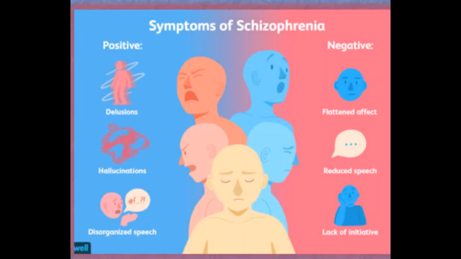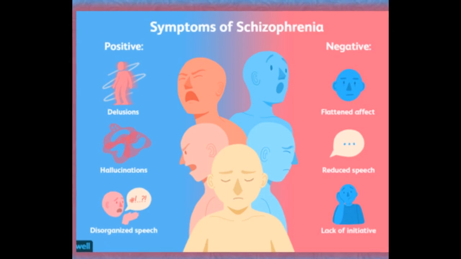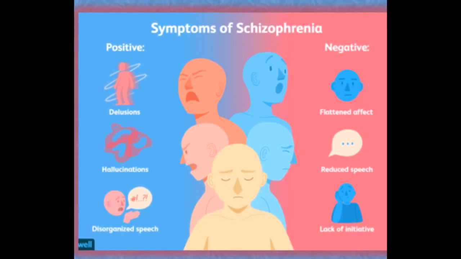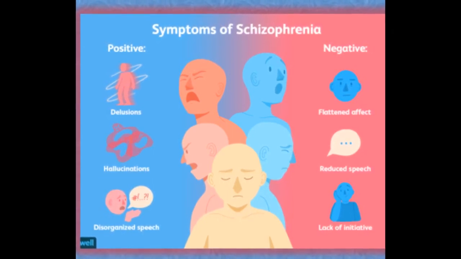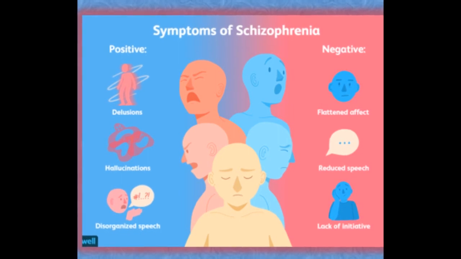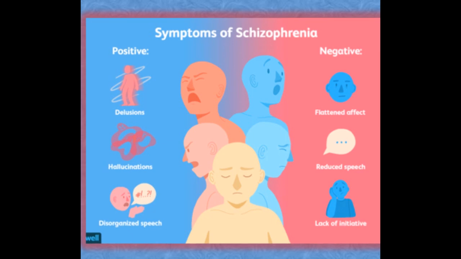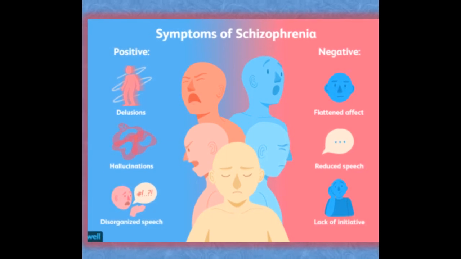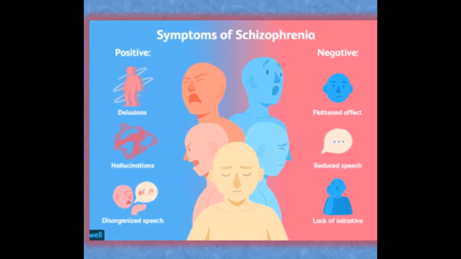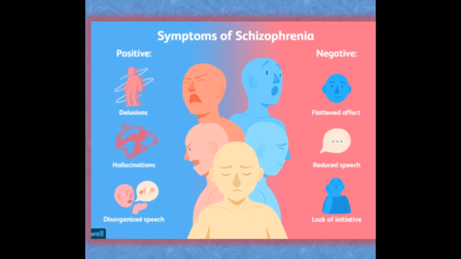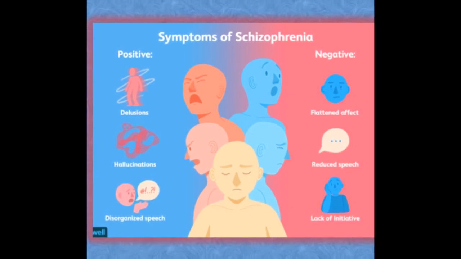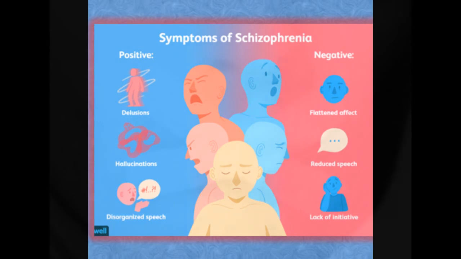Okay? So, yun, flattened effect. Aside from that, reduced speech. So, hindi na siya ganong nakikipag-usap or hindi na siya ganong nagsasalita. So, possible meron siyang schizophrenia. Okay? Yun nga lang, wag mo agad i-conclude na siya ay merong schizophrenia porket hindi mo siya kinakausap or madalas tahimik lang siya. So, hindi po yun ibig sabihin na meron na siyang schizophrenia.